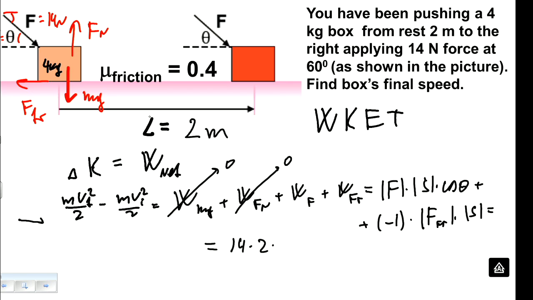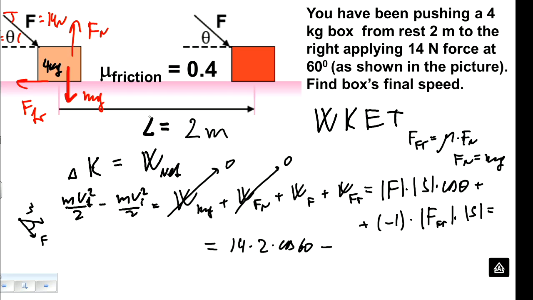an angle between two directions. That's displacement, that's applied force, that's the angle we should use. We have to draw each arrow from the same point, and this is 60. And now it's minus frictional force, as we know. Let's write it here. Related to normal force. And normal force in this situation, as we know, equal to mg.